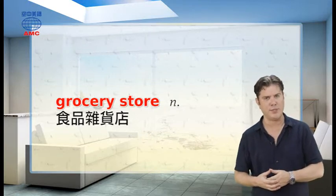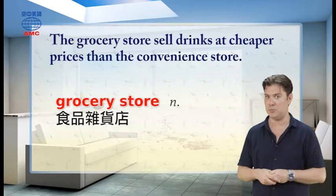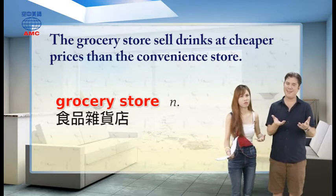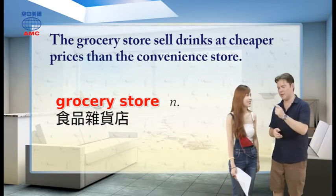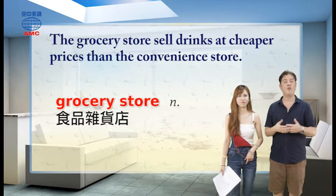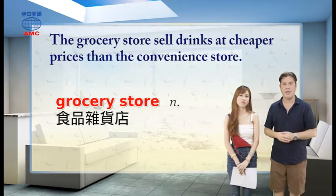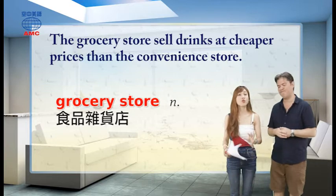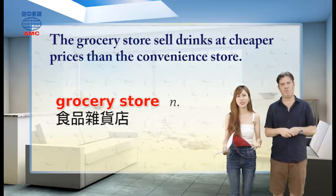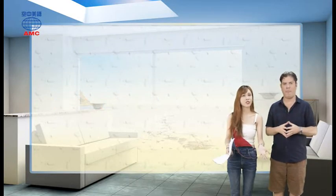For example, the grocery store sells drinks at cheaper prices than the convenience store. There's some smart shopping. But convenience stores are more convenient. Yeah, that's true. If you need something at 4 in the morning, the convenience store. But to save a little bit of money, try to find your grocery store. And groceries, of course, is just what we call those things we use all the time in our homes, mainly food. Right. 所以 grocery 其实有杂货的意思，grocery store 就是杂货店。当然你也可以用 grocery store，这样发音也是 OK 的哦。